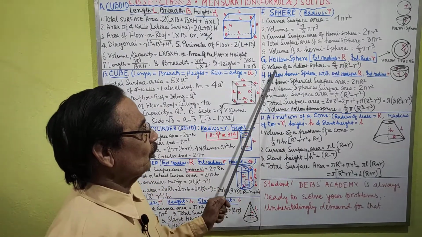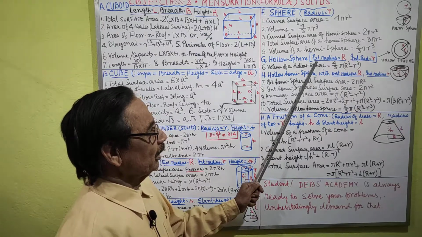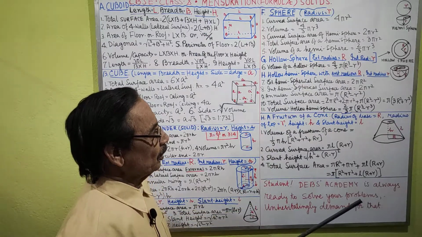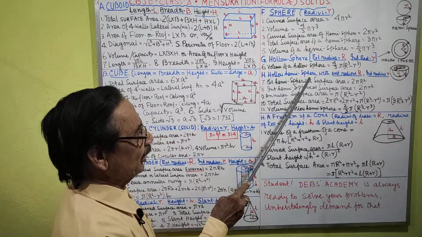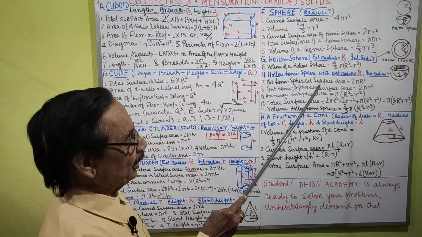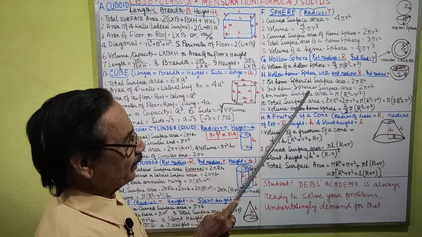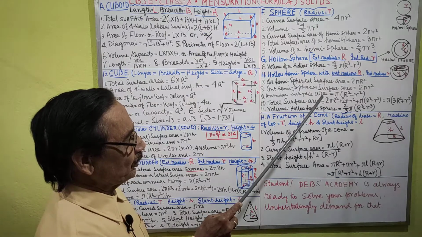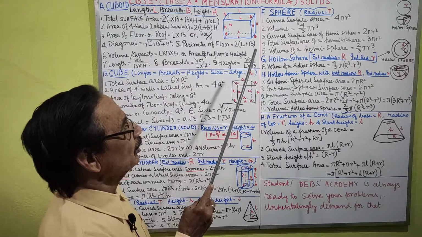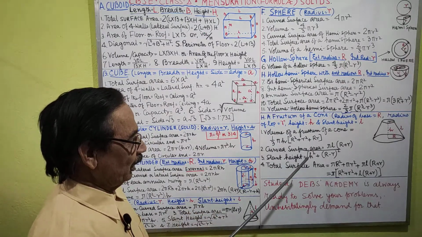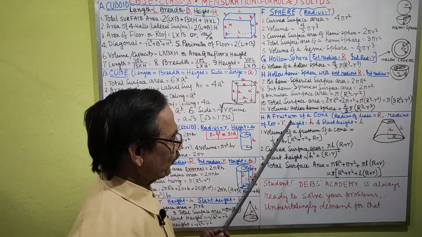When a hollow sphere, in case of hollow sphere, external radius is capital R, internal radius is small r. Therefore, volume of hollow sphere is like this, 4 by 3 pi into capital R cube minus small r cube. And hollow hemisphere with external radius capital R and internal radius small r is like this. So all these are from sphere, and this is a frustum of a cone.